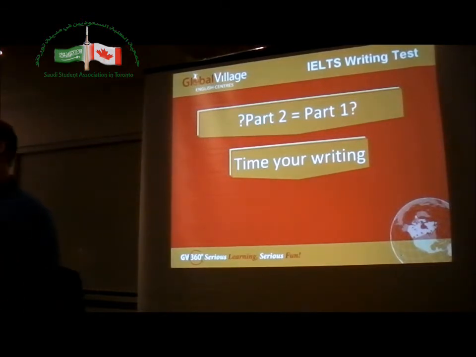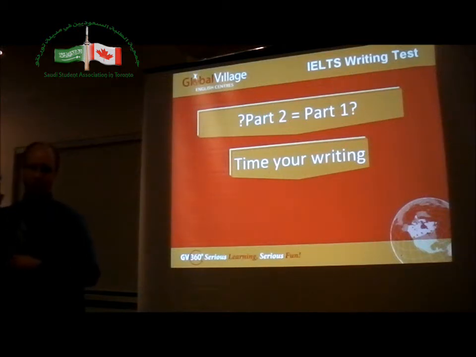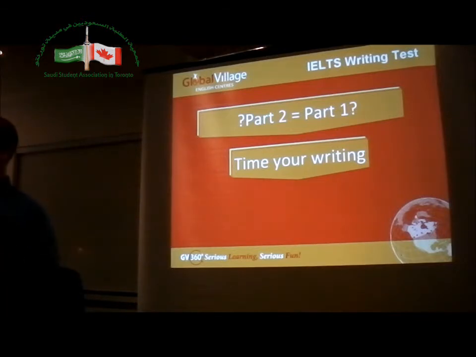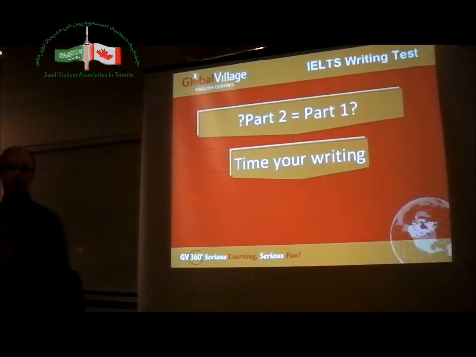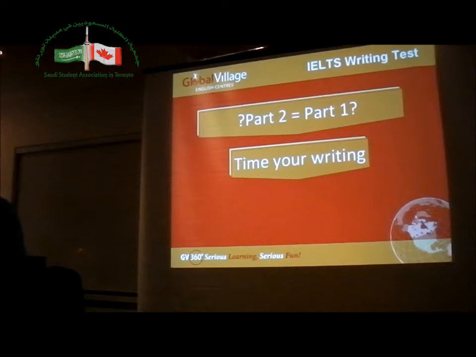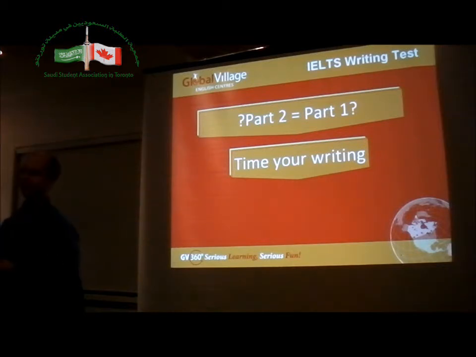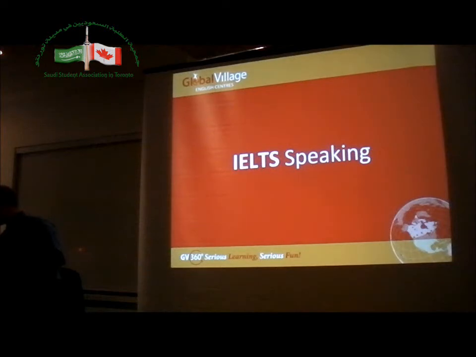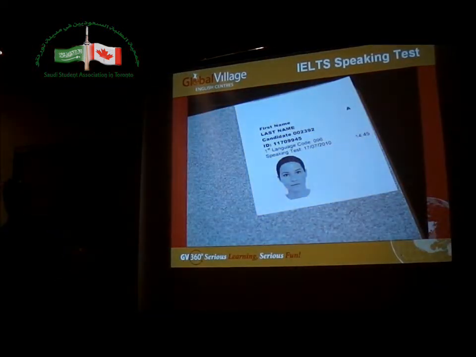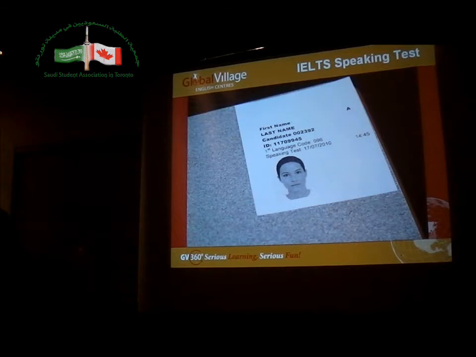So this is a picture of your desk at the test center. It's going to have your photo, and we'll also tell you a little bit of information on there. The one thing that's going to help you is just looking at the paper. Here it tells you when your speaking test is. Okay? It's because you do the reading, listening, and writing test all at the same time, with a short break in between. And then the speaking test will be later after lunch. Okay? Sometimes it's going to be on a different day. It depends on the test center. So you're going to see the speaking test date and time there. It'll help you just mentally prepare for when you need to go.